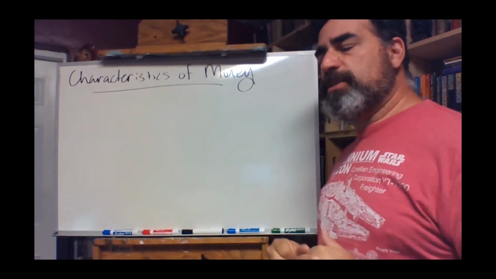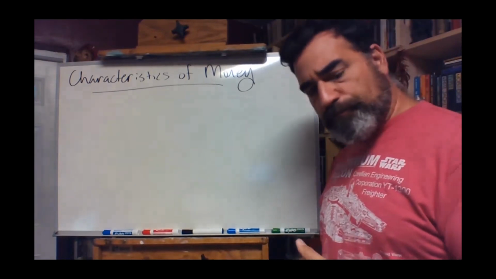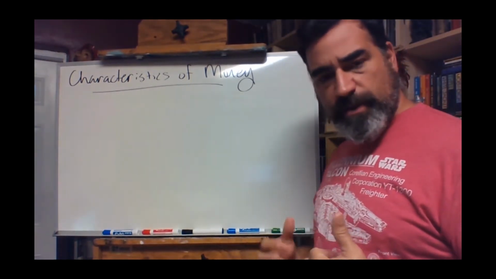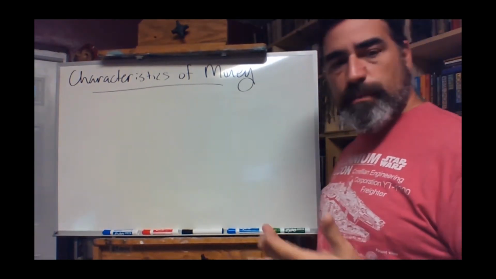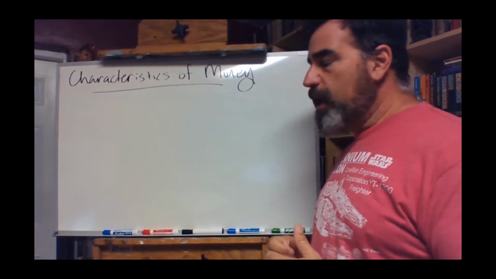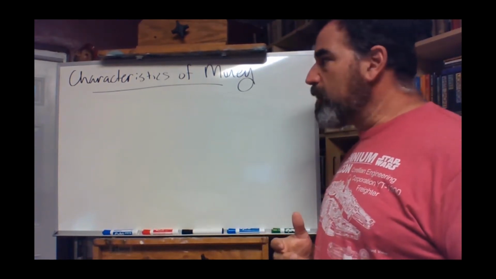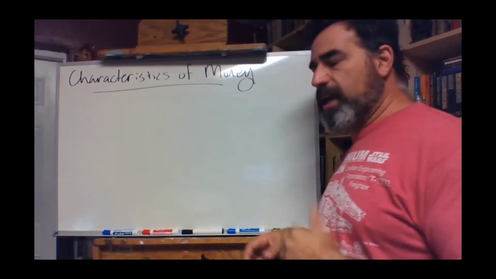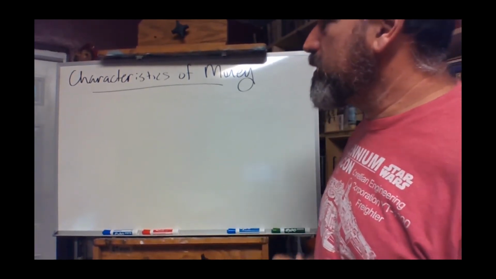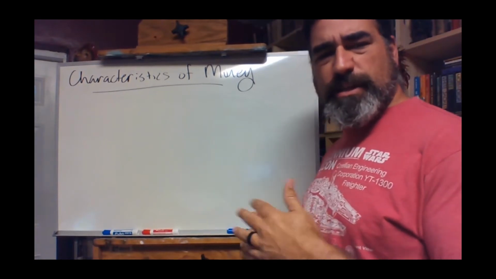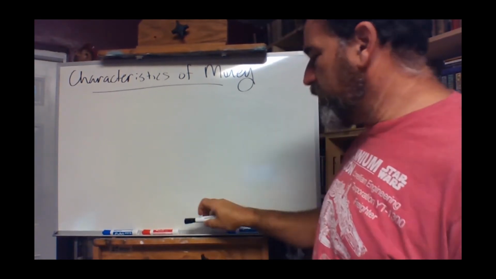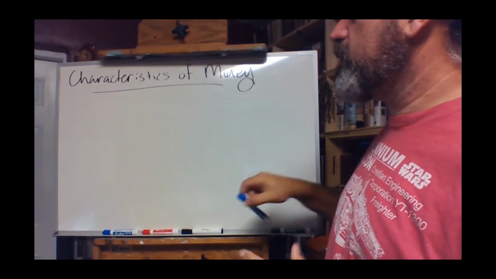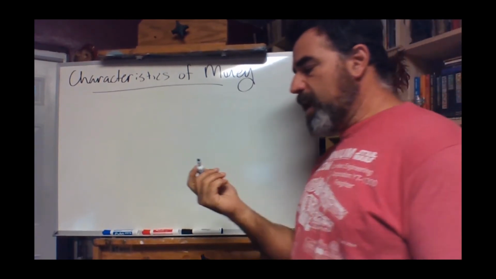So I want to talk in this video a little bit about money and tell you a little bit about currency theory, and we'll talk a little bit about the dollar specifically, and then we'll move along, right? Now the first thing is, what are some characteristics that money has to have, right? Some of our modern computer technology is kind of altering some of this stuff. But some of the things that are important about money is, first of all, money has to be portable.